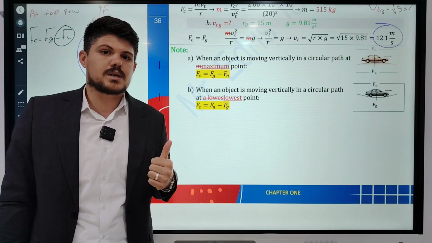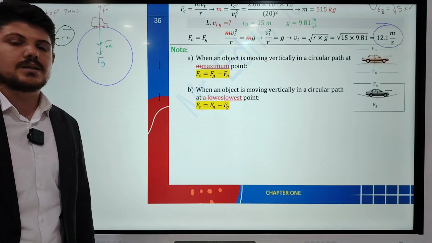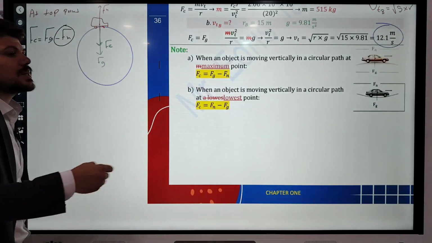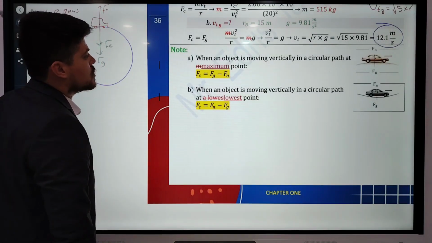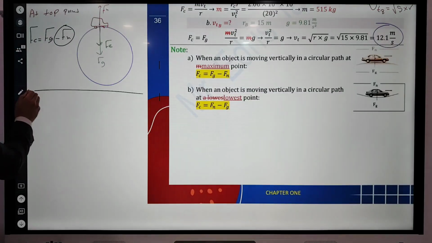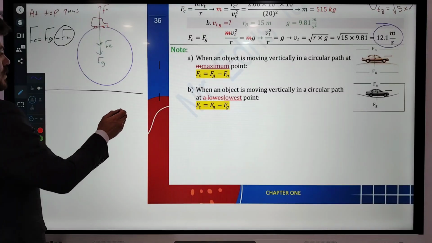When does the force become negative? When the force is away from the center of the circular path. When the force is directed outward from the circular motion, it should be negative. So Fc is equal to Fg minus Fn. But in the case when the object is at the lowest point,